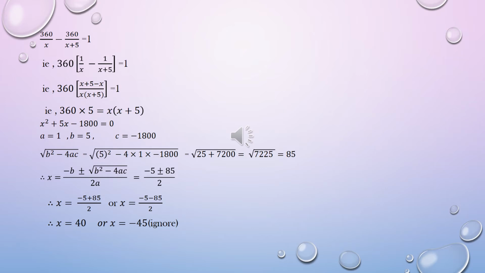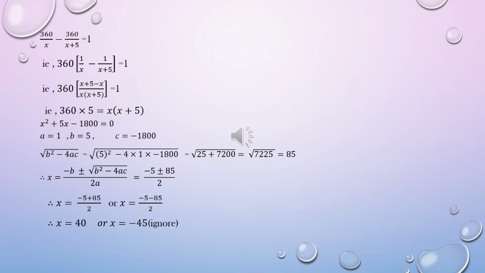equal to 1. Transposing the denominator to the right hand side, we have 360 into 5 is equal to x into x plus 5. Opening the bracket on the right hand side, it will be x square plus 5x. And transposing, the standard equation is x square plus 5x minus 1800 equal to 0. So, our a is equal to 1, b is equal to 5, c is equal to